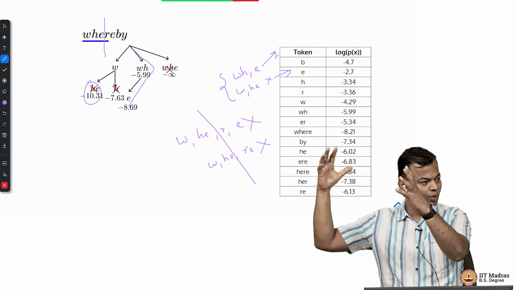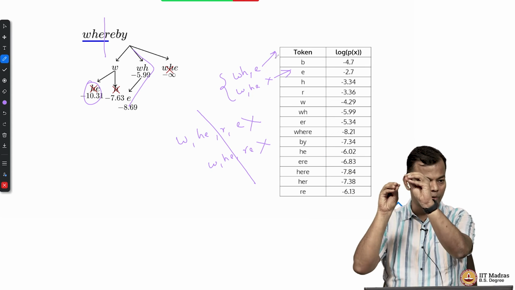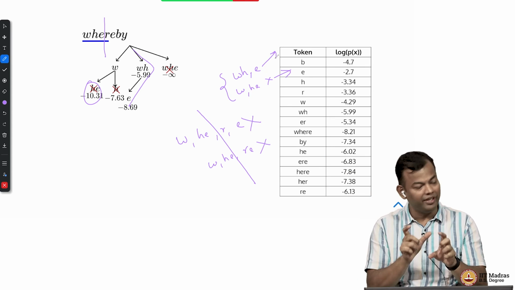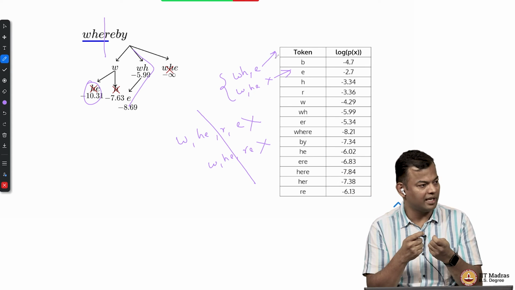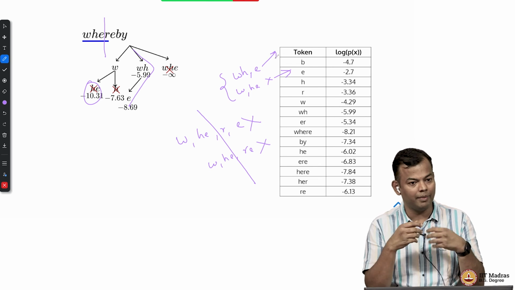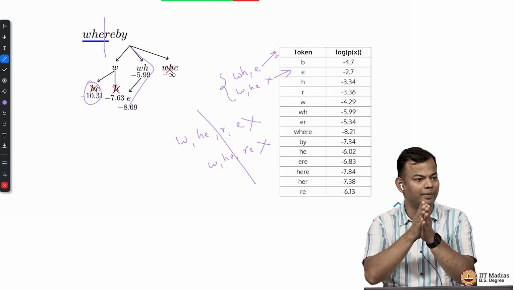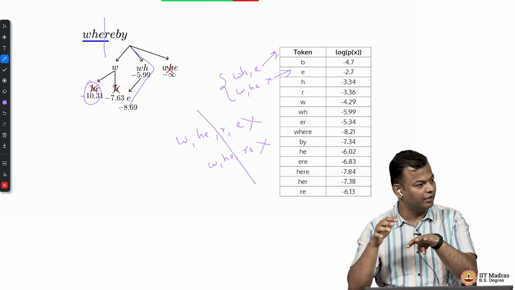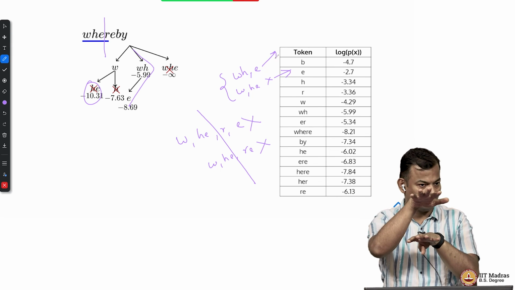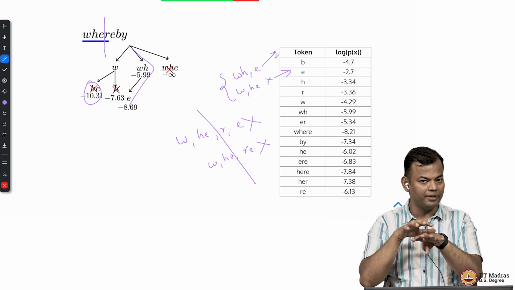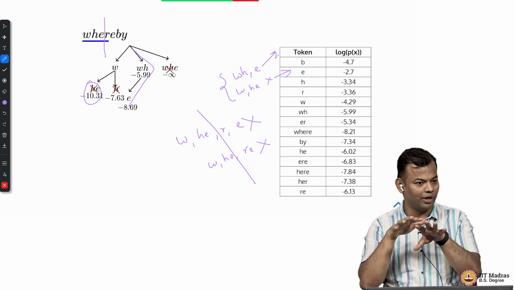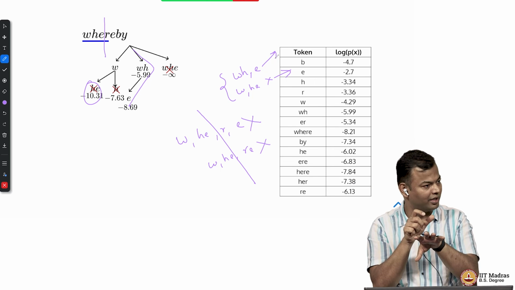You start with a large vocabulary. You compute the probability of every token. Then for every word, you find out the best segmentation that it can give you. That segmentation will lead to some new tokens, because if you decide to segment it as SO, ME, TH, ING, these are the 4 tokens which are going to replace this word. So throughout the corpus, the tokens coming out of every word are changing.